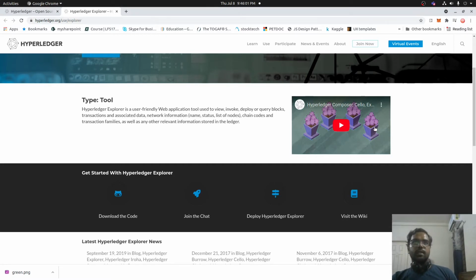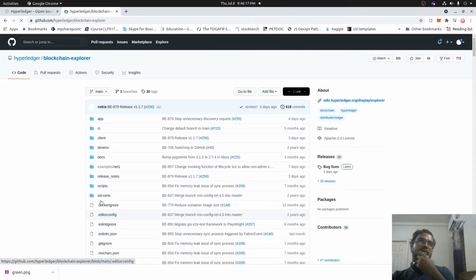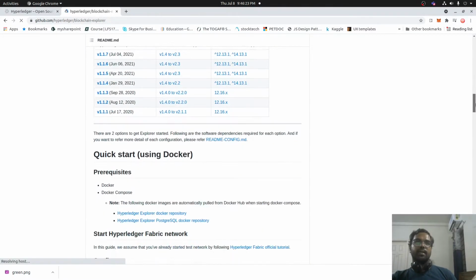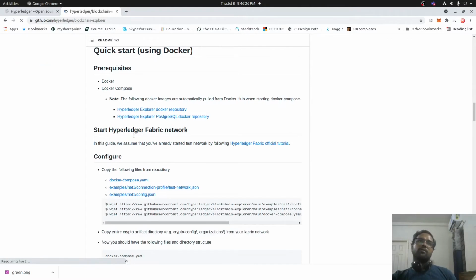So now let's get into the video. How to integrate Hyperledger Fabric with Hyperledger Explorer. Okay, from this website, we can actually navigate to their code, which is the GitHub code. I click that download, it will take you to the GitHub folder. All you have to do is go to the README page, and in the README they have a list of steps. Okay, under quick start you can see the steps that you need to follow in order to get this up and running.